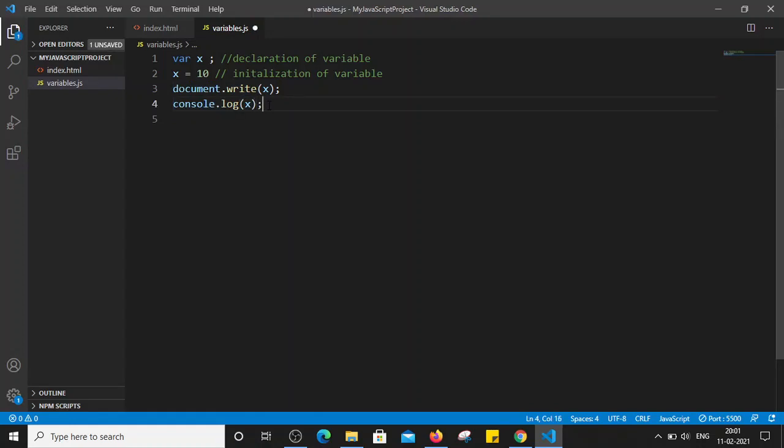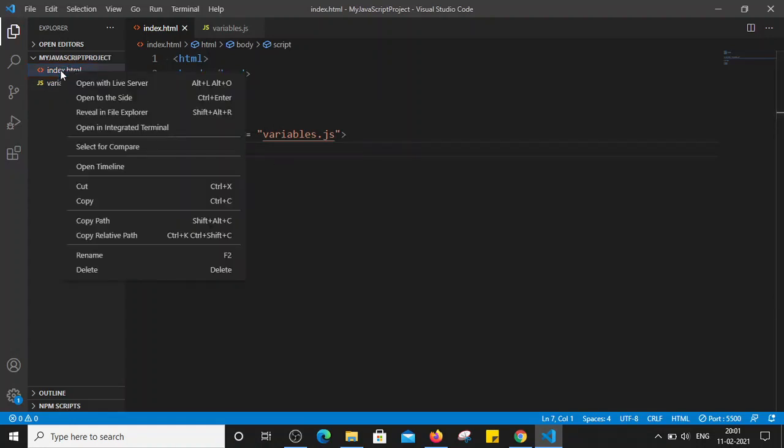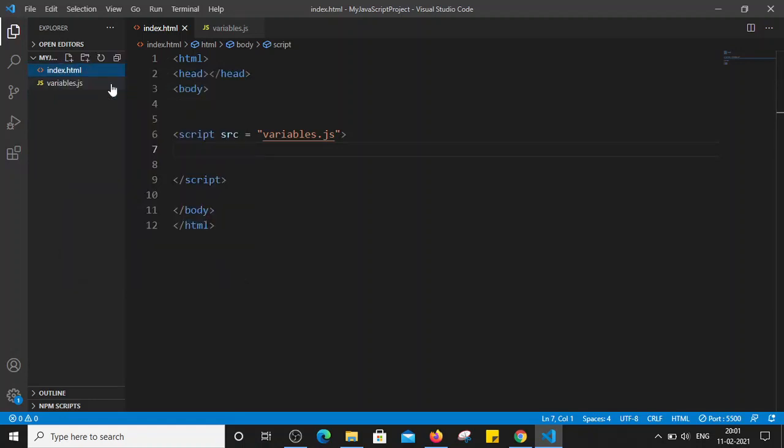So let's see that. I'm saving the file, and now I'm going to open index.html. Basically we have linked our js file to this HTML file, so I am going to open this file on our live server. I think in the last lecture we saw how to use live server, so I'm just going to open the live server.